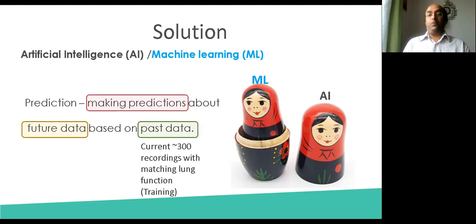We'll try to find a way to take those recordings and match them with the lung function that we already have. In AI terms, this is called training. And then we'll try to predict the new lung function from the future data, which is the new recording.